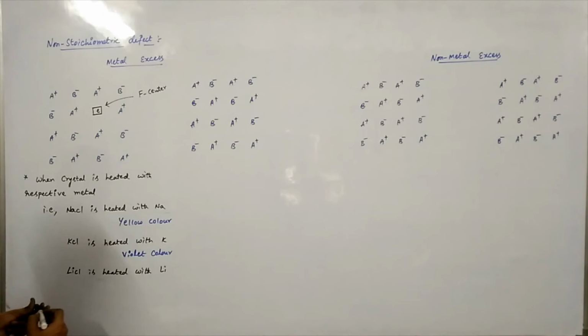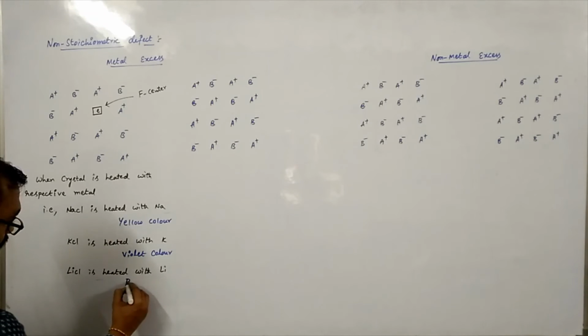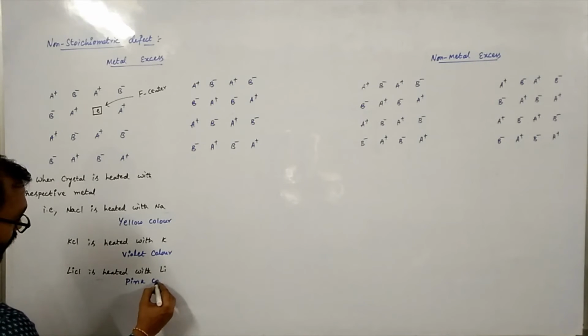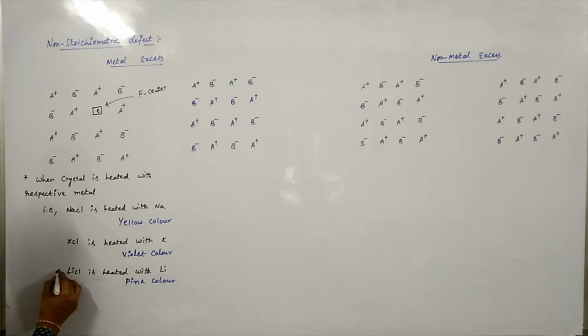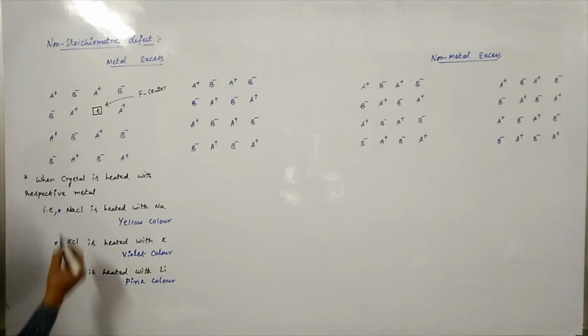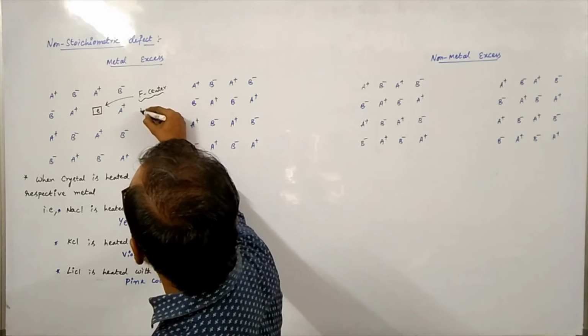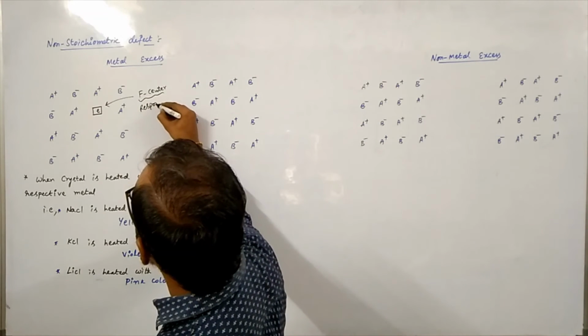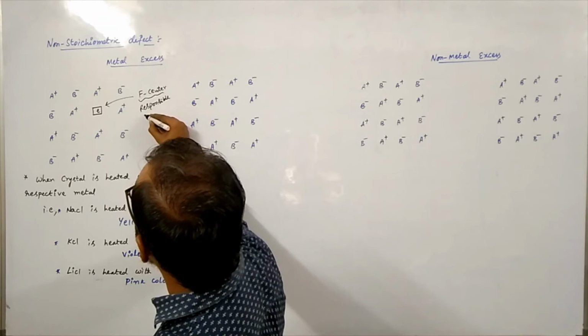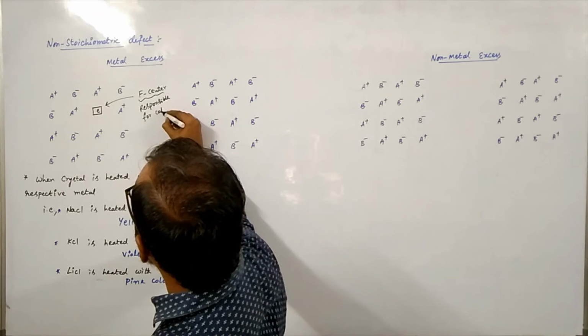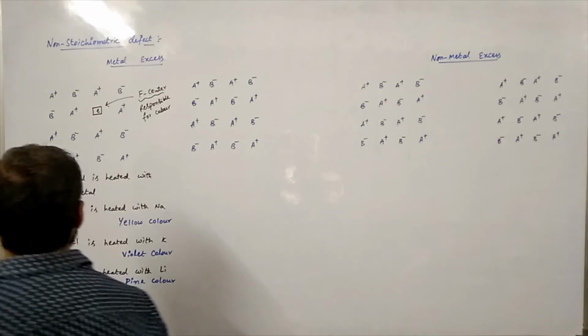Lithium. You will get pink color. So as such, you will get colors. So which is responsible for color? F center. This F center is responsible for color. Why is this F center formed? For example,